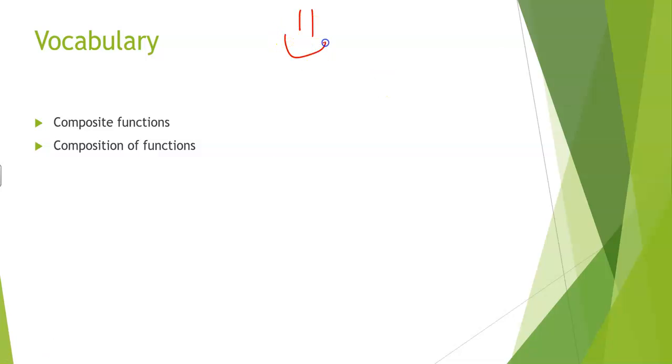We do want to make sure, I like to put the smiley here to make sure my pen's working. We do want to make sure we understand these two vocabulary phrases. One is the composite function and one is the composition of functions. And we're going to go into this in a little bit. When you see the word composite, you can think of the word combine. So it's a combination